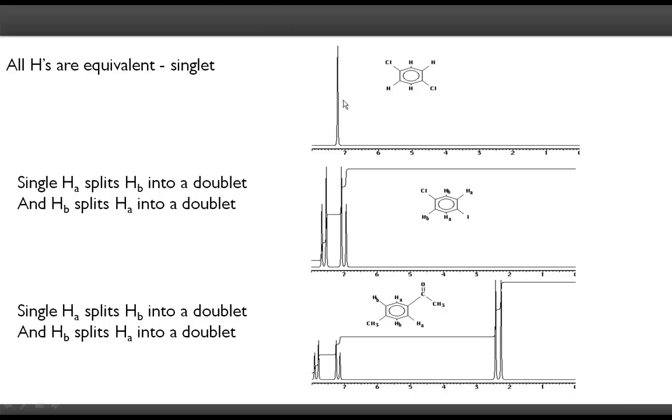Let's summarize what we learned so far. If all the hydrogens are equivalent chemically and magnetically, they don't split each other. Right. So for example, this is a dichlorobenzene. There is a symmetry element here, and this hydrogen is same as this one, and this hydrogen is same as this one. So there is two-fold symmetry here,